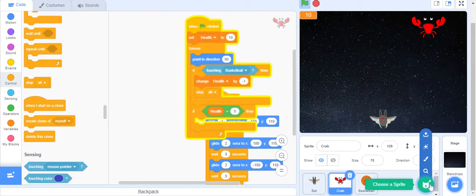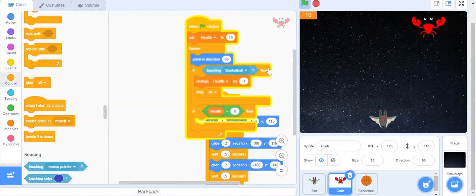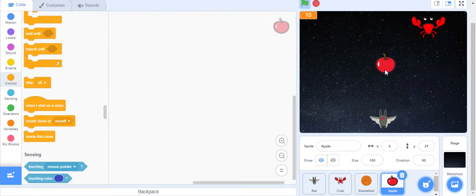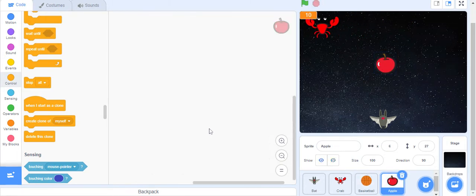But we shouldn't just aim for the crab. The crab should stop us. So just let him have an apple because why not? Okay, so if yeah, sure. Okay, the apple can be this big. Okay, but the apple